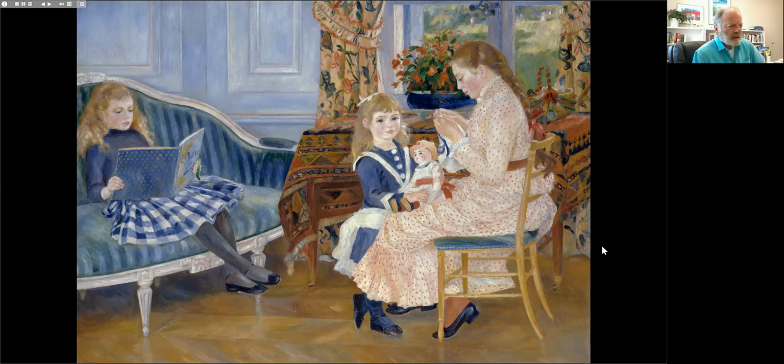The painting overall has a precision in its rendering, which is new in his work. He was later to call this his manière aigre, his harsh or sour manner, dry manner. But this is something he tried out and developed for almost a decade.